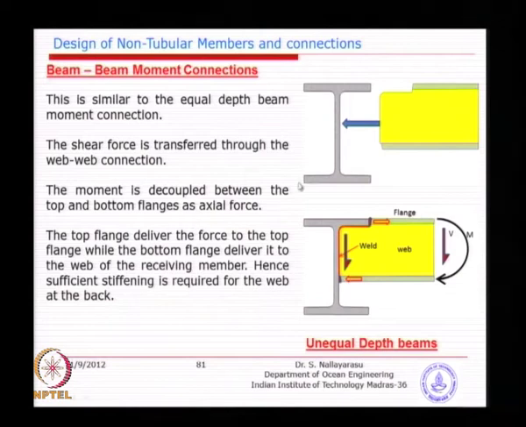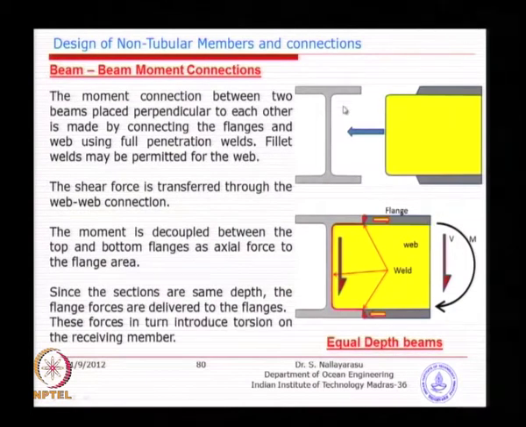By taking this same connection, I think the sketch is missing. Instead of doing this connection, you just remove this welding and remove this welding. So, what will happen? There will not be any decoupling happening, because there is no receiving flange here. So, only shear will be able to take. So, you cannot apply the moment here. That means, the beam shown in yellow color needs to be designed using simply supported boundary conditions, like you will be using WL square by 4 instead of WL square by 8.